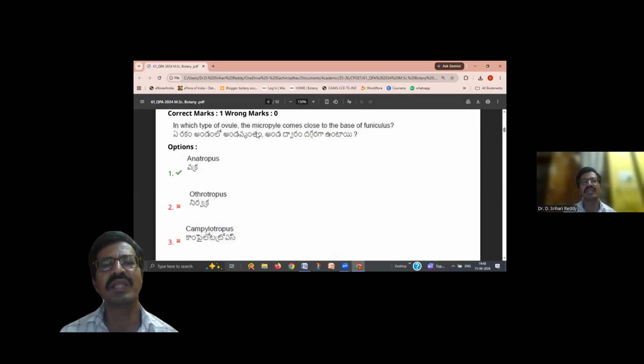In which type of ovule does the micropyle come close to the base of the funiculus? It means the anatropous ovule. Both the micropyle and funiculus are very close. And